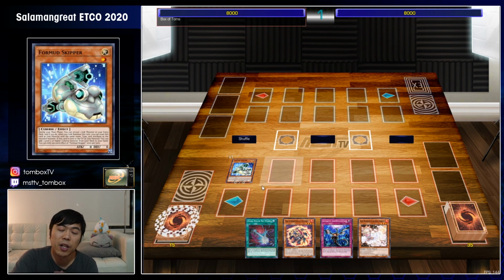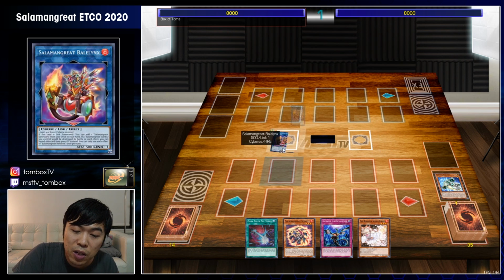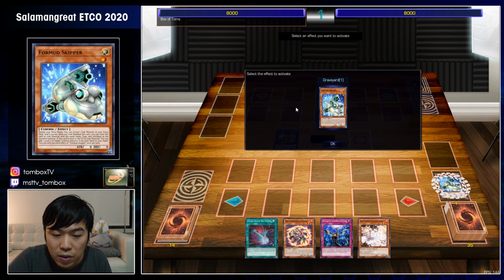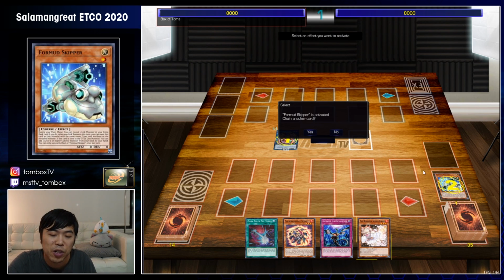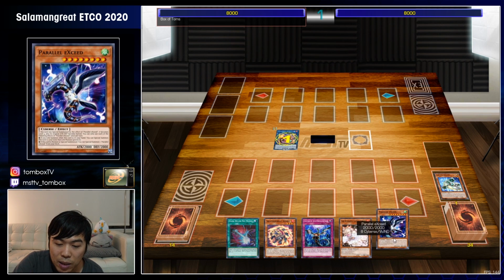If they do it through 2 cards, they're going to need Gazelle and another card, but if they do 1 card, it's 4-mood Skipper. If you end your turn with a brick, you're just going to die to something that looks like this. It's thanks to the new cards of Parallel Exceeds, it gets pretty ridiculous. We're going to activate the effect of both these cards. Preferably this 4-mood Skipper should have been Chainlink 1, in my opinion, so that one doesn't get negated. We're going to get the Parallel Exceeds,